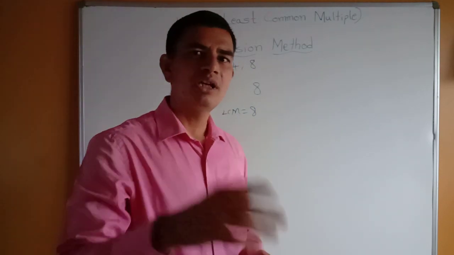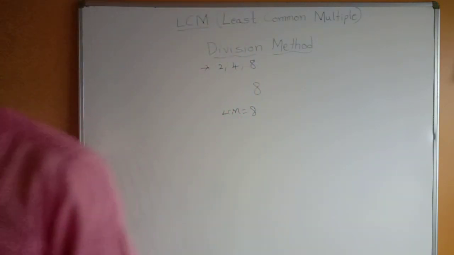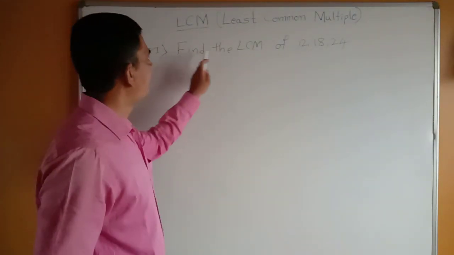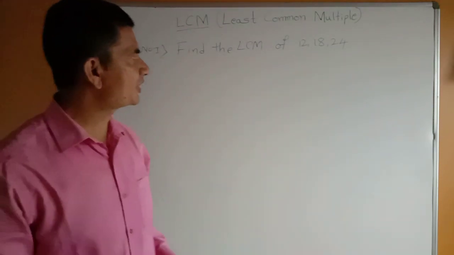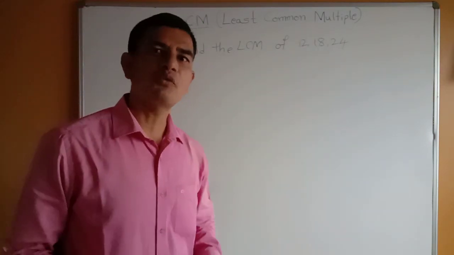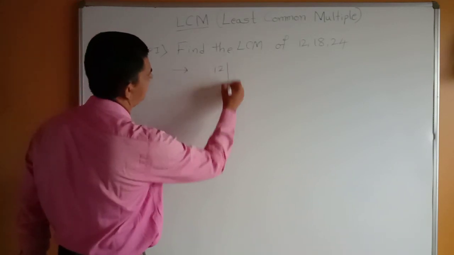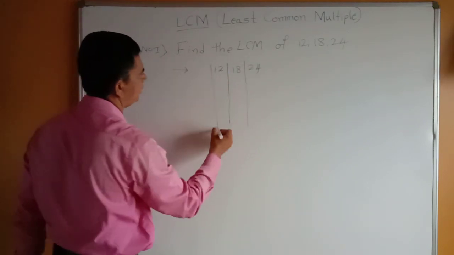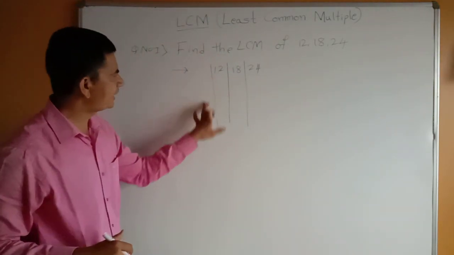Okay students, now I will explain what kind of questions they are going to ask in the Navodaya entrance exam. Here they asked question number 1: find the LCM of 12, 18, 24. They have given 3 numbers, 12, 18 and 24. We have to find the LCM. Let us see how we can do it. First we write these in columns, 12, 18, 24. Because I told you to follow the prime factorization method, you have to take your prime numbers.